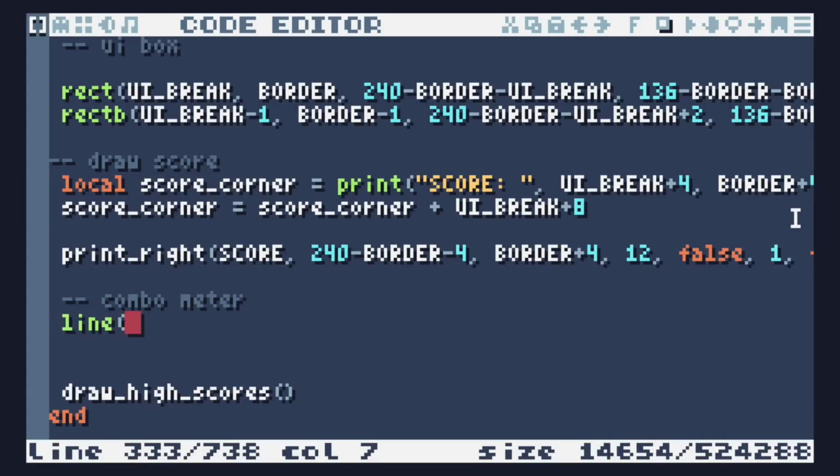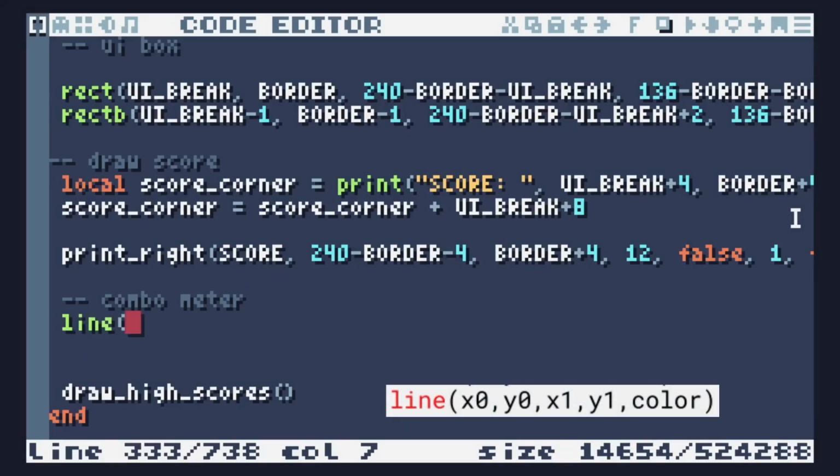It's going to be a line. It's going to start at x of print corner and y of, this is a height of border plus 4. So border plus how high is our text? Let's try it at 8, and it's going to go to the right edge, which is